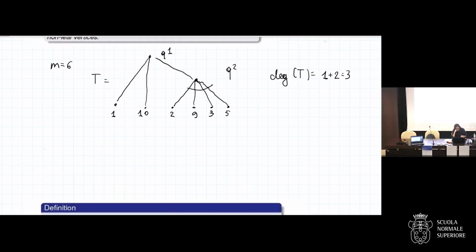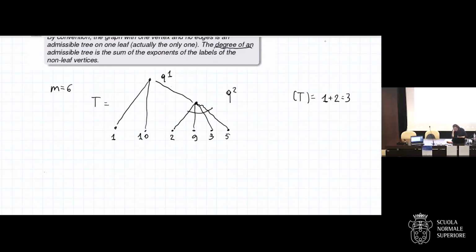So let's try to make this an admissible forest. I have to erase this, sorry. And so here we can add, for example, one connected component like this. I think 6 is still missing. And one can also add 12. Now we have to choose a degree for this vertex, and it's either 1 or 2. We can put here q to the 1. So at this point, we have that this is a forest. We call it f, and the degree of this forest